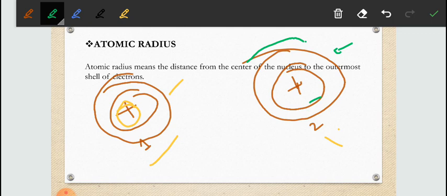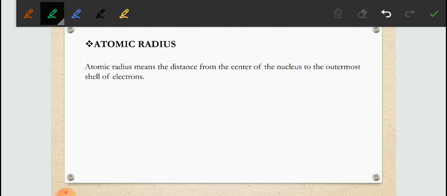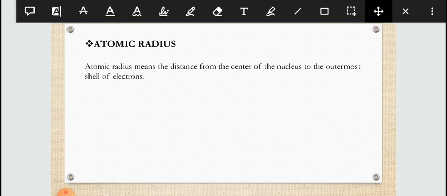Again I am repeating. Suppose in this first case nuclear charge is more, that means the nucleus will hold the electrons more tightly as compared to the second one. So due to this reason atomic size will decrease, because when nuclear charge increases, the atomic size will decrease, as electrons will be more tightly bound towards the nucleus. Now we have to talk about the variation along the period or along the group.